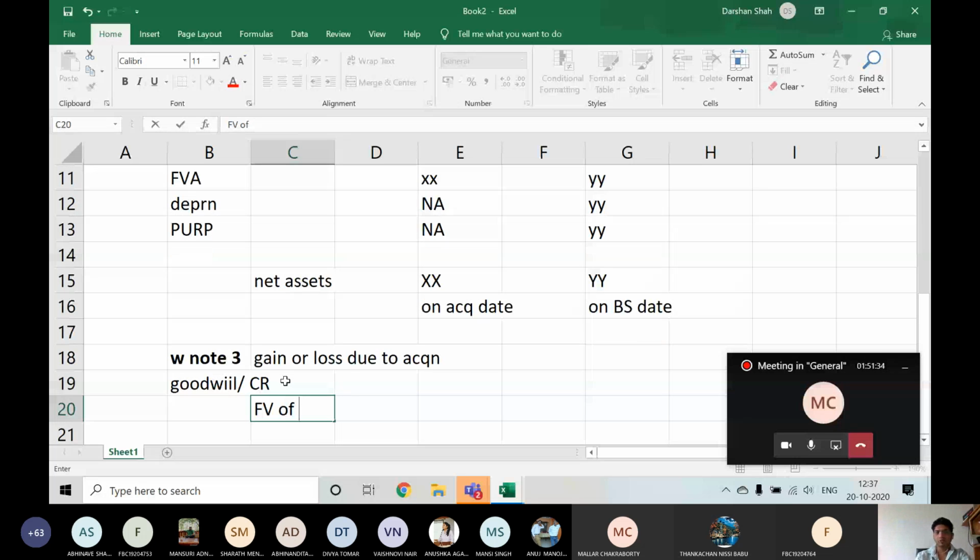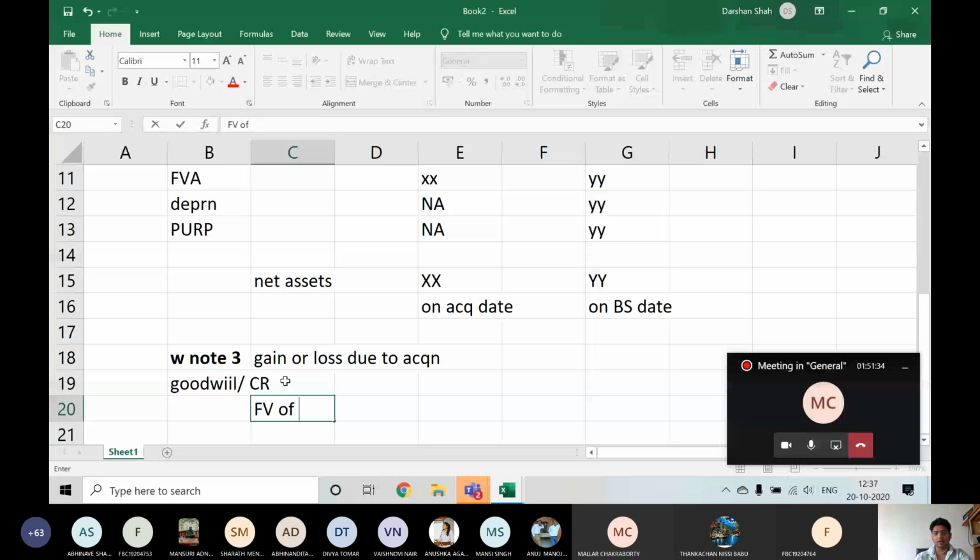अपन ने न्यूमेरिकल एग्जांपल लिए थे। ओके, तो वो वैल्यू जो आप अपने 60% शेयर्स के लिए पे करते हैं, देन विल ऐड व्हाट? विल ऐड फेयर वैल्यू ऑफ एनसीआई, यानी जो हम उस रिमेनिंग 40% शेयर्स के लिए पे करते हैं। सो दैट गिव्स मी द टोटल पेएबल अमाउंट।